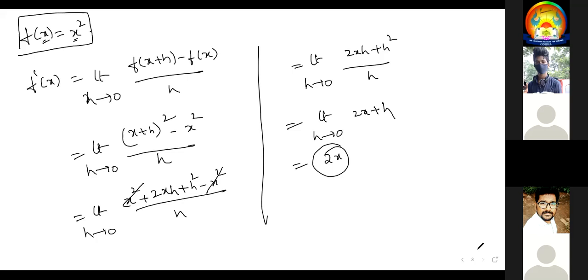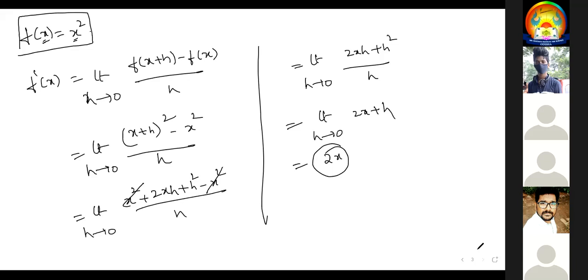Completed, sir. Right, one more question. Look at that limit value. If you are not able to understand, look at one more thing. Derivative is nothing but change. When you are studying class 8, what is your height? When you are studying class 11, what is your height? Is there a change there or not? Yes, definitely the change is there. How much is the change?